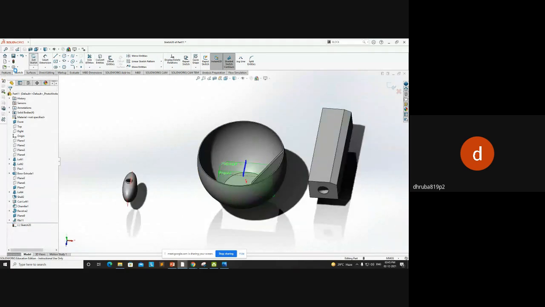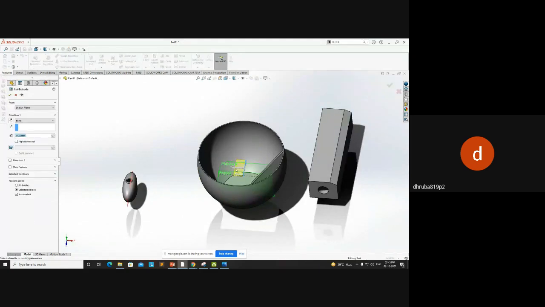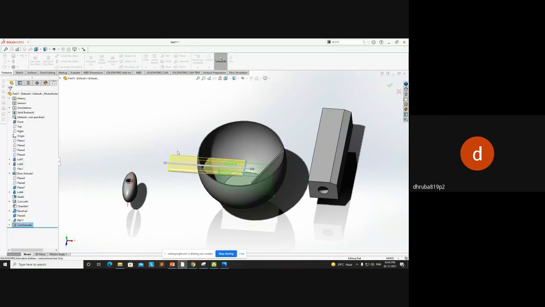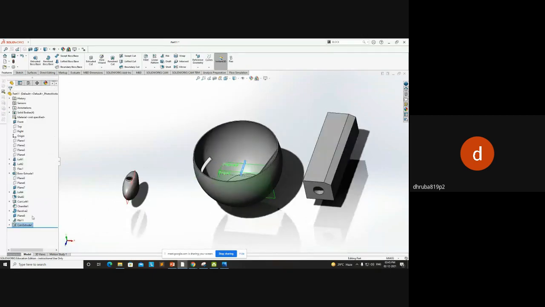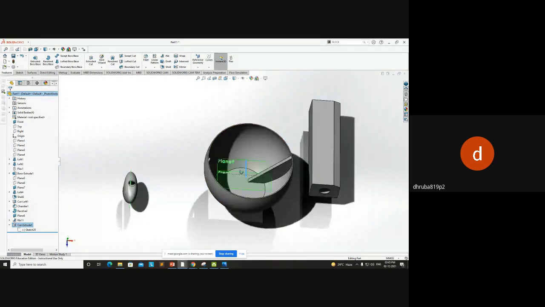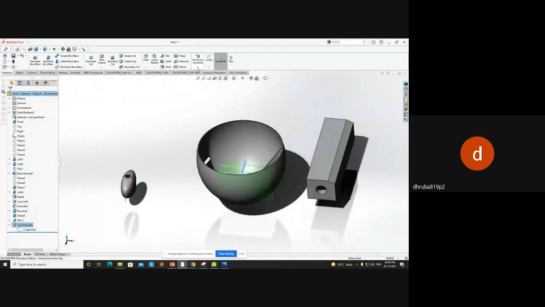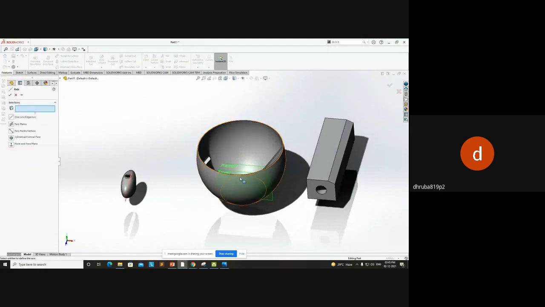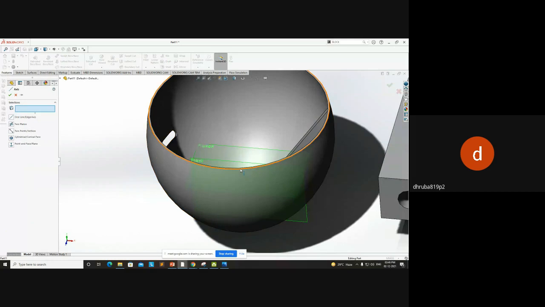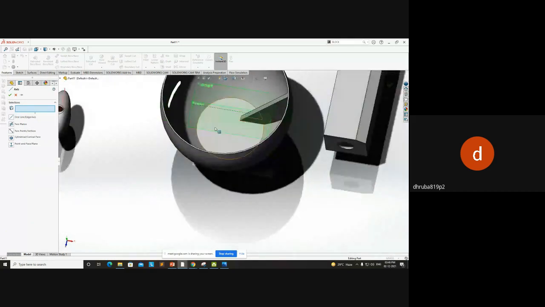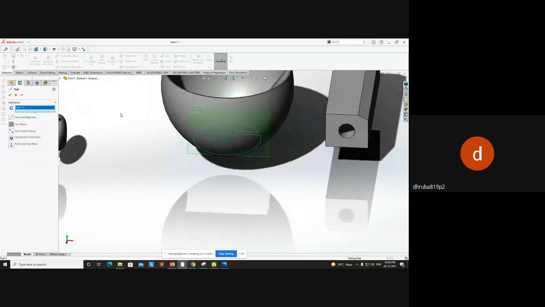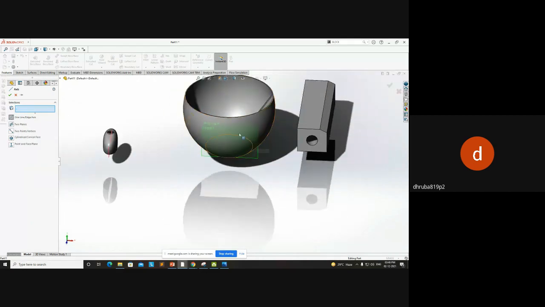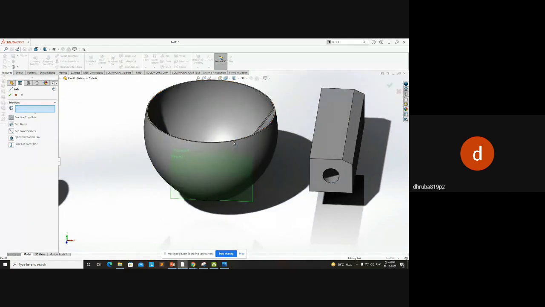Next, I'll use extrude cut to cut the material. Now what I'll do, I'll use a temporary axis over here. For this, I'll select the axis and I'll select the circular edge, or you can select the face. Okay, so for one line axis,